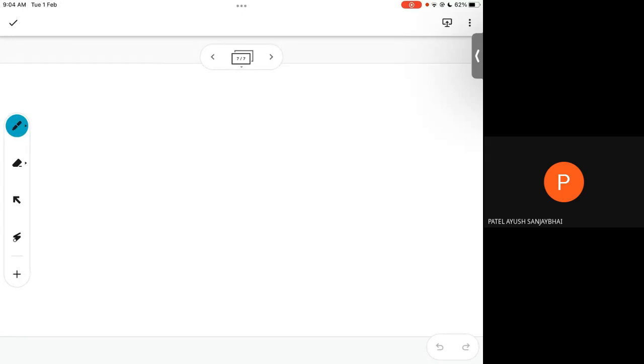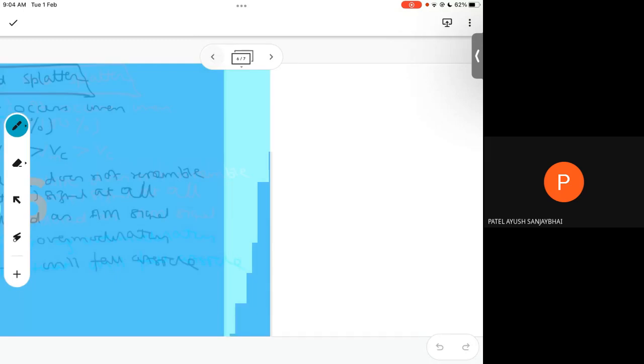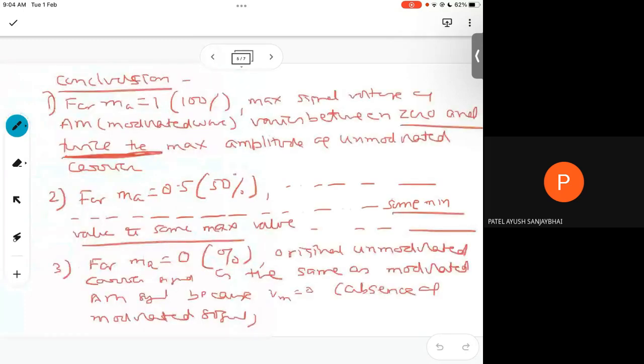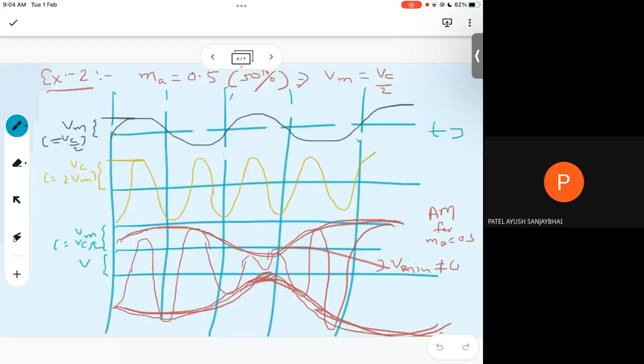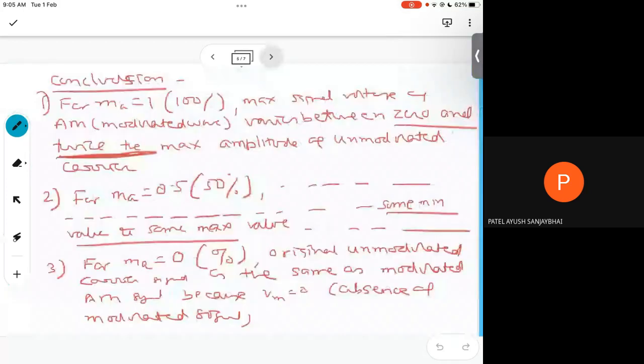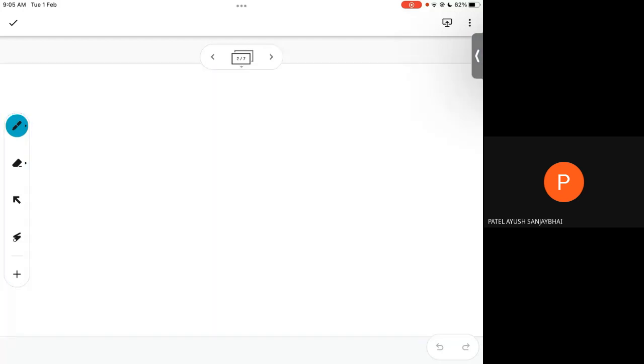We will try to find the modulation index and so on. For the lab purpose, just like we have defined in the theory, the modulation index is Vm over Vc. For the lab purpose, we define it in a slightly different way, because if you see this waveform, it is difficult to find the modulation index from here. You can do it the other way around: if you have the modulation index, then you can draw the waveform. It will look something like this. But how to actually measure in the lab? So for actually measuring in the lab, we find the